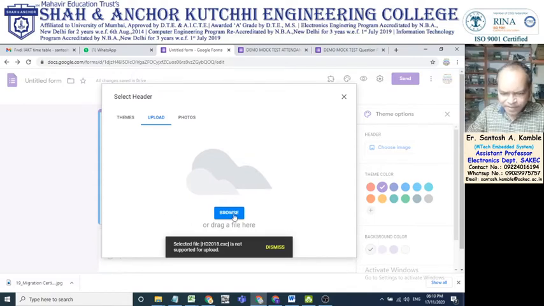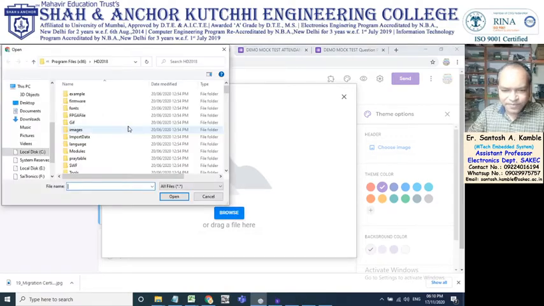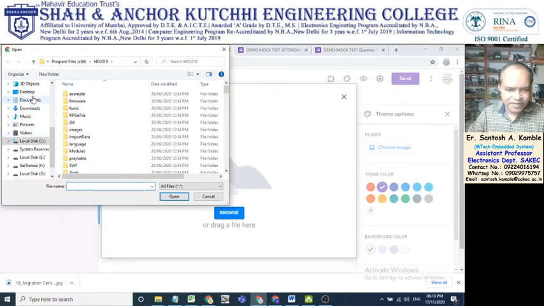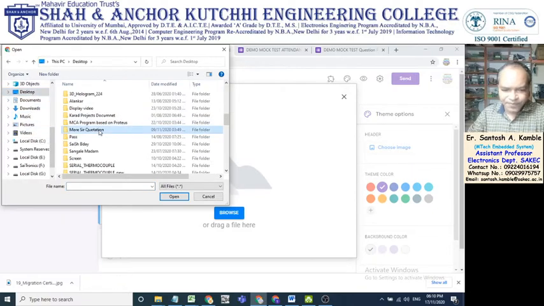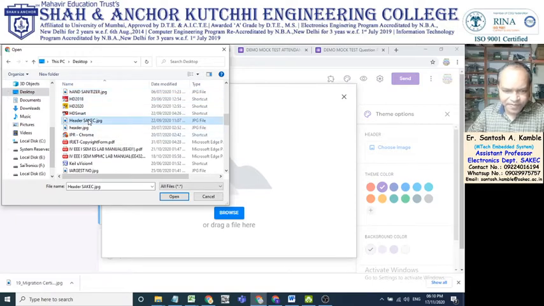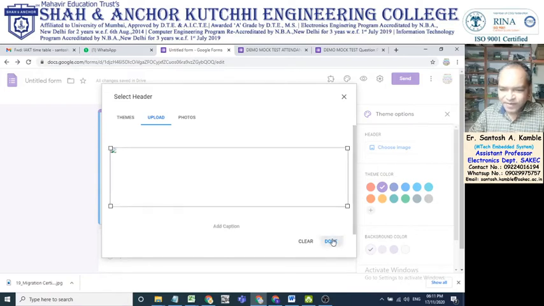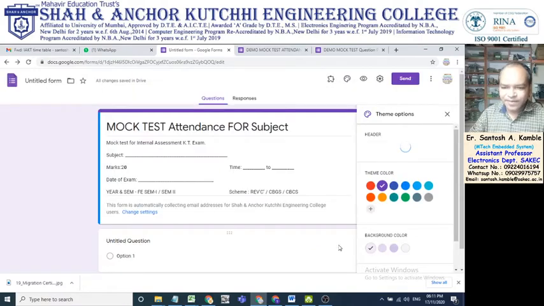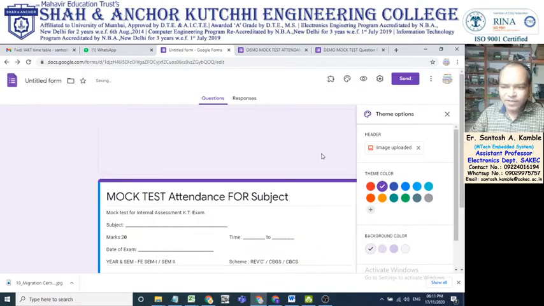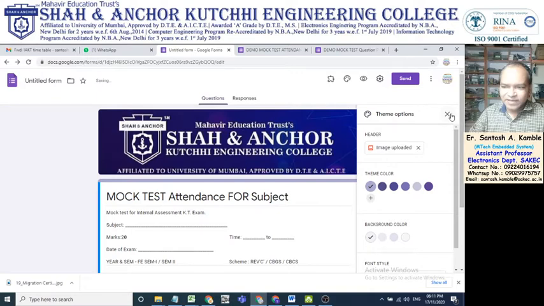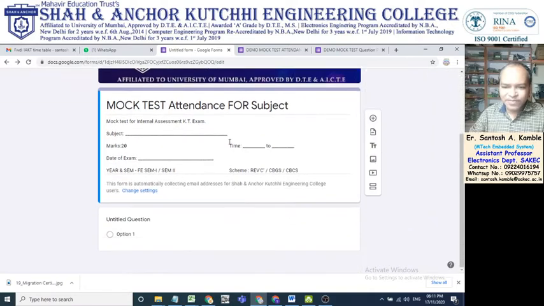Then browse, I have to select desktop, header Sakek JPG file, done. So the header will appear at the top of your form. So this is the college header, this is the question paper header.